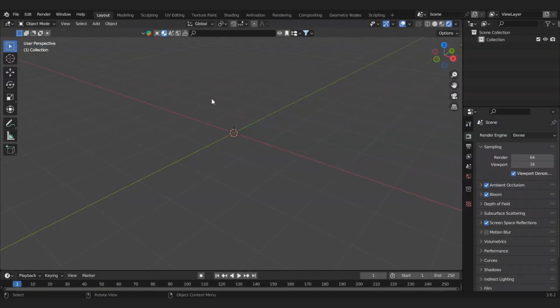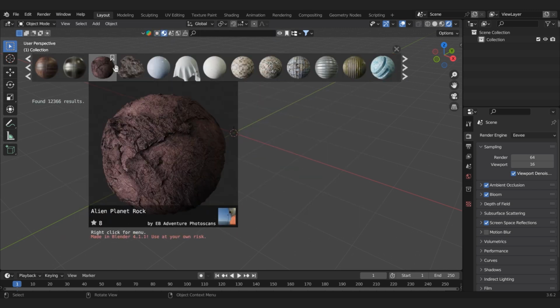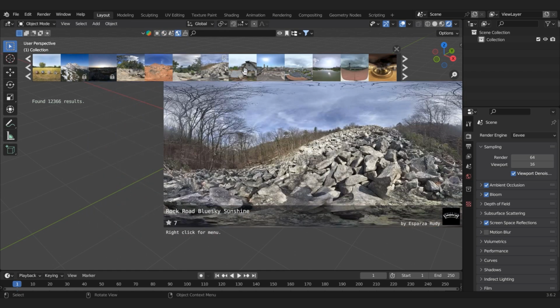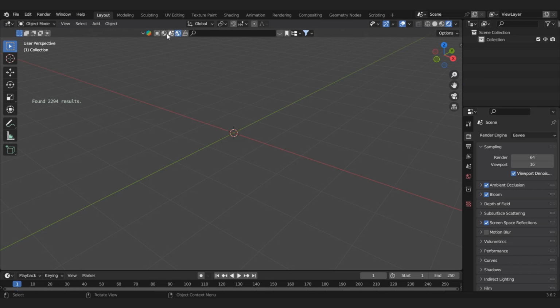Hey guys, in this video I'm gonna teach you how you can get all these kind of models, all these materials and HDRIs, all this for free. We're using a built-in Blender extension called BlenderKit. So let's get started. First, if you don't have it already, you might have to download it from Google, or